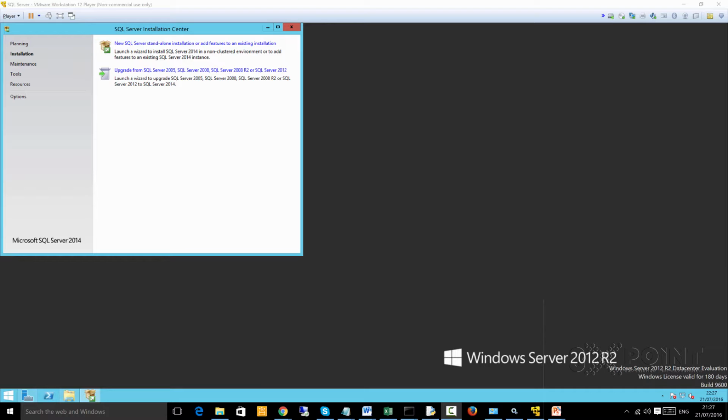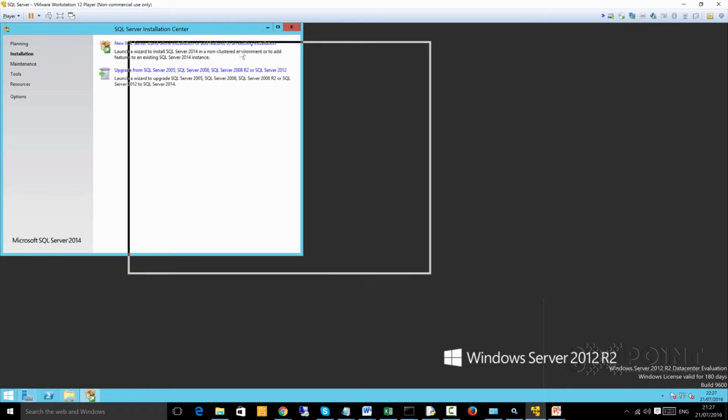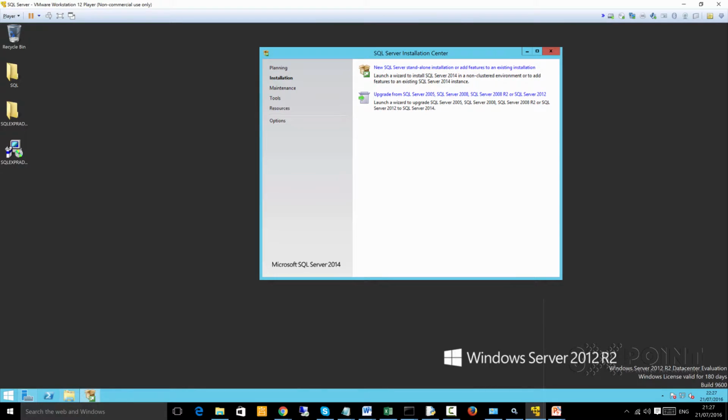Then you'll see this box come up, so you can drag it to the middle where you can see, and you see there are a couple of options on the left. So there is planning, installation, maintenance, tools, resources, options. What you're interested in is the installation, and on the right hand side you see new SQL Server standalone installation, or add features to an existing installation. You're not upgrading, you're creating a new installation. So click on that,